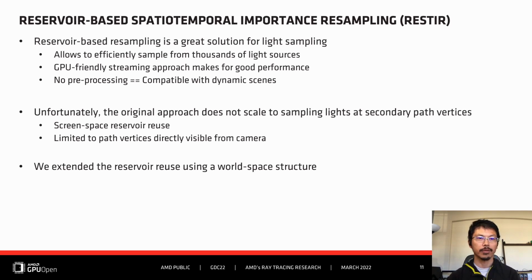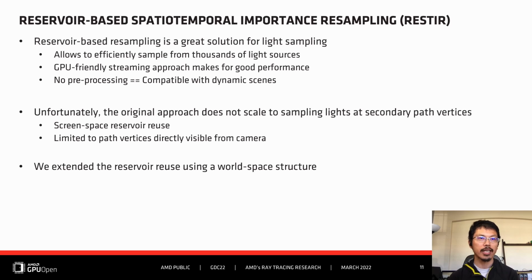Also, the nature of the algorithm is a really good fit for the GPU. The algorithm itself is a very GPU-friendly streaming approach. Therefore, it performs very well on a GPU. Another benefit is that there's no preprocessing in this method, meaning that it is a very good fit for dynamic scenes.